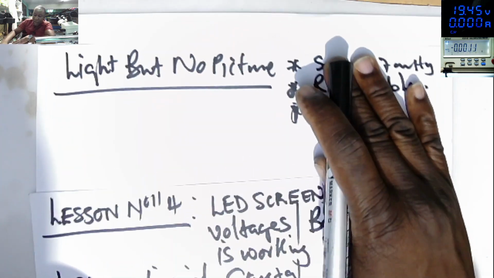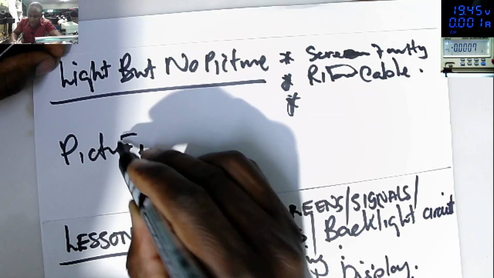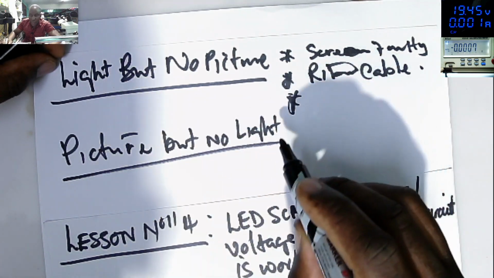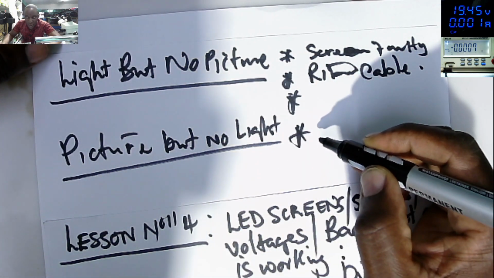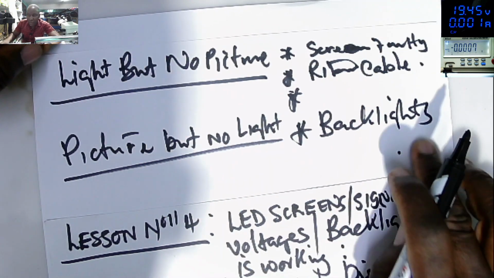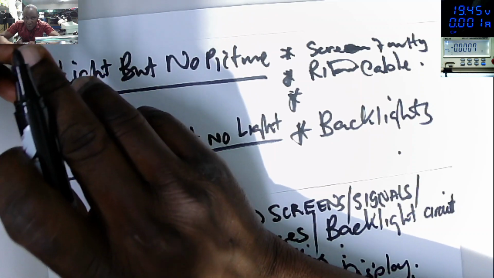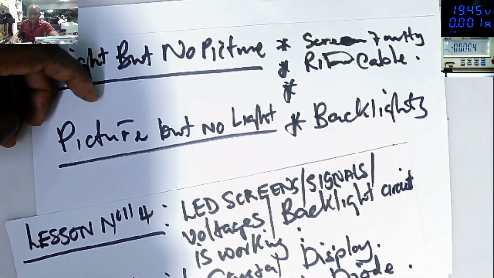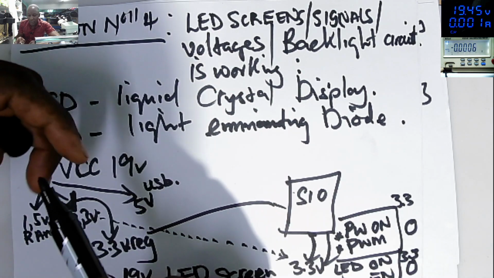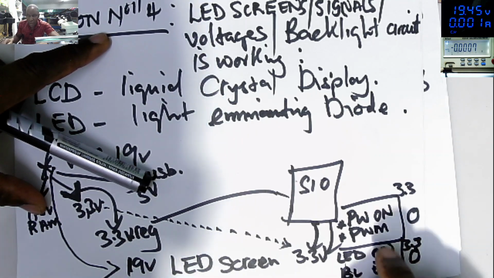But if you have a picture but no light, clearly you have a backlight problem. Either the 19 volts is missing or the 3.3 is missing, mainly from those signals. If the 3.3 is missing from any one of these signals here, the main reason why the 3.3 will get lost on any one of these signals